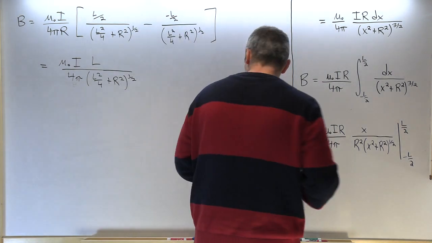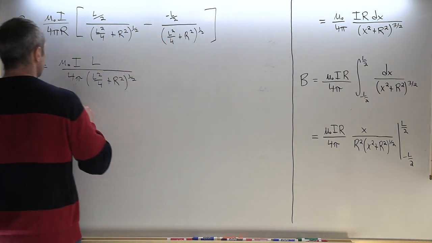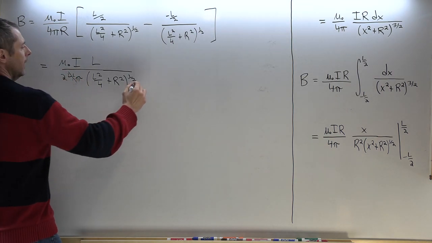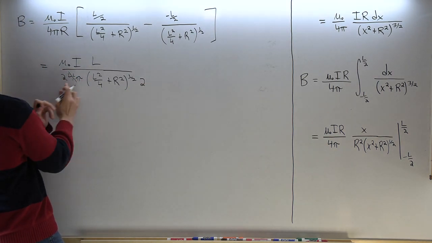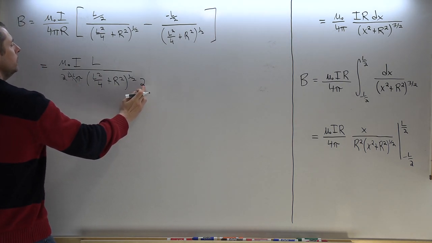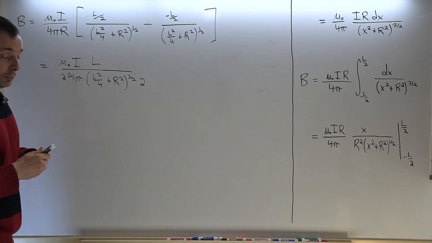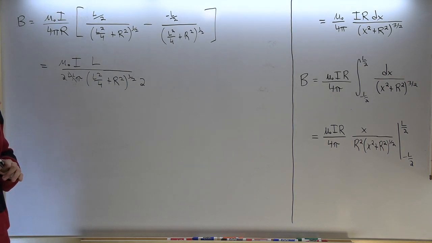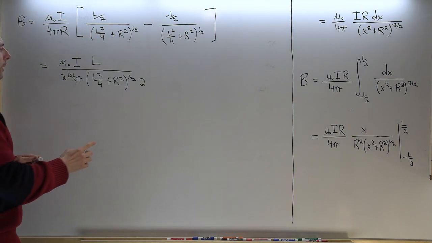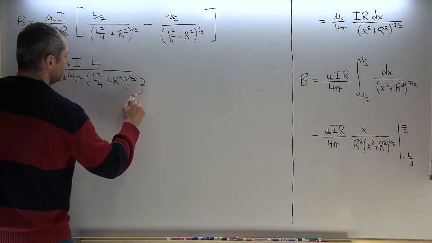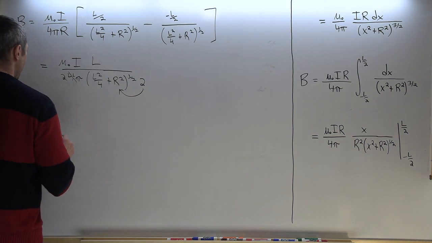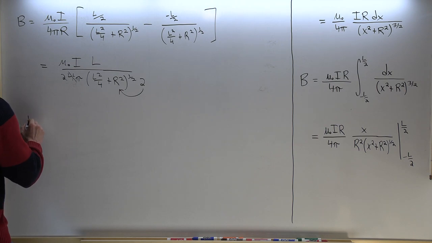But for whatever reason, I see this done a lot where they just do this. They say, okay, let's just make this 2 over here and then 2. So we got 2 times 2, which is like the same as 4. And that will allow us to bring this 2 under the radical. And when you bring something into a square root, into a radical, you have to bring it in as the quantity squared. So by bringing this inside, I'm really bringing it in as a 4 to put in the radical. So then this just simplifies to